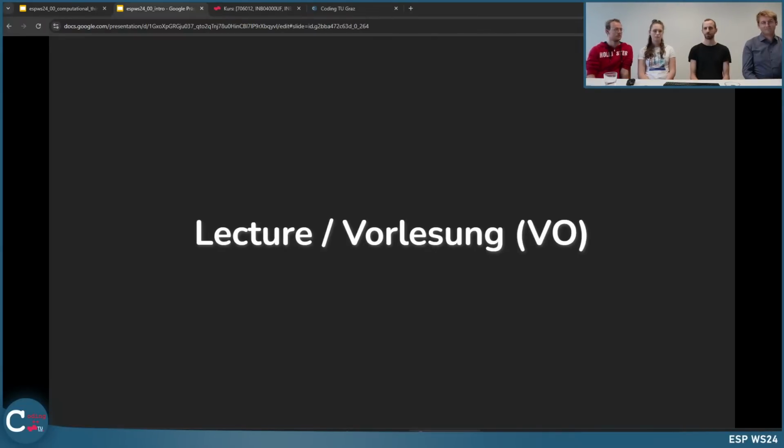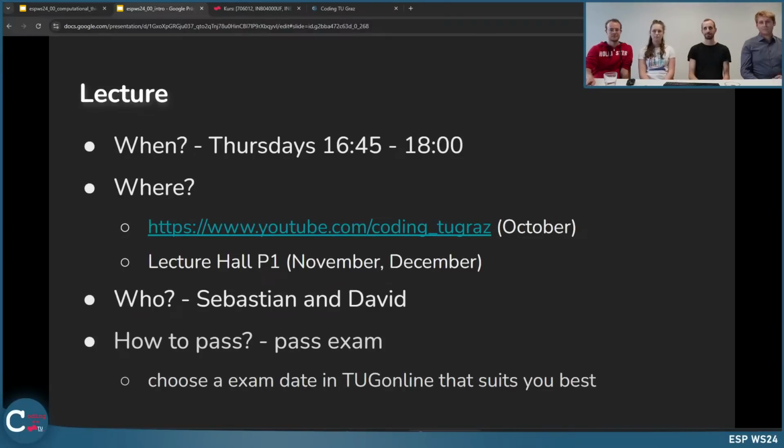And let's start with the organizational stuff of our lecture. The lecture is always the same as Vorlesung in German. So sometimes you will see Vorlesung or VO. Yeah, so this is always referring to the lecture part. The lecture is, as we say, on first day, so 16:45 to 18 o'clock. As I said, in October here on YouTube, and then in November and December we will move to the lecture hall. Sebastian and myself will be holding the lecture,